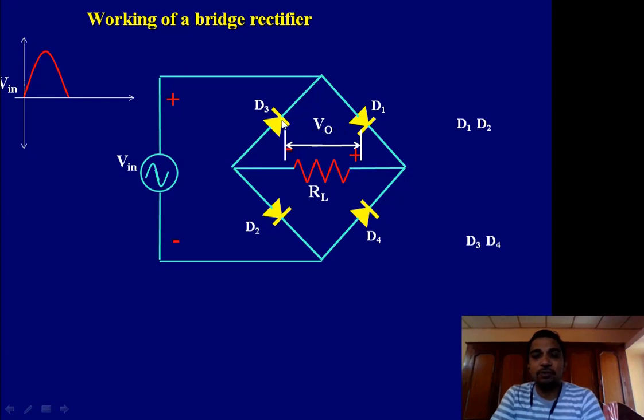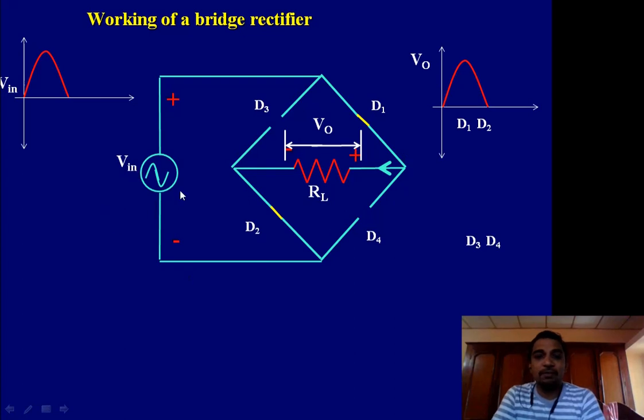Next, this positive potential is virtually applied to the cathode of D4, so this is also reverse biased. D3 and D4 will be reverse biased, and D1 and D2 will be forward biased. D3 and D4 are open circuited, and D1 and D2 are short circuited. So we can see the path of current flow. The output voltage will be whatever voltage you give here, up to the maximum Vm of this waveform. So this is the current conducting path.